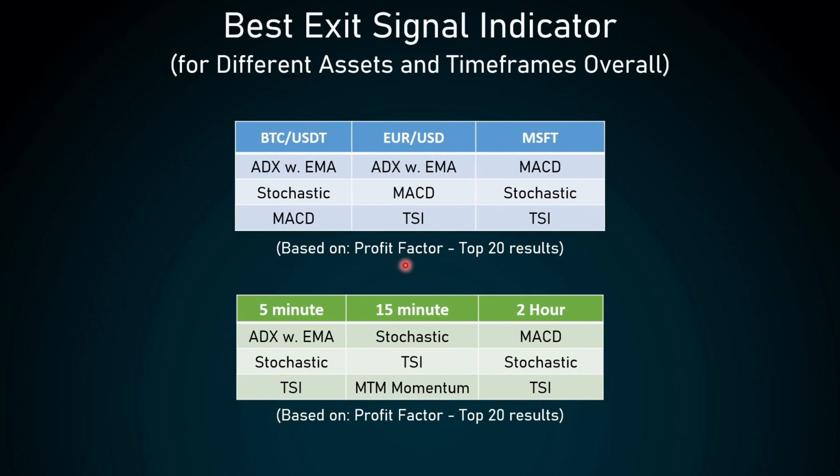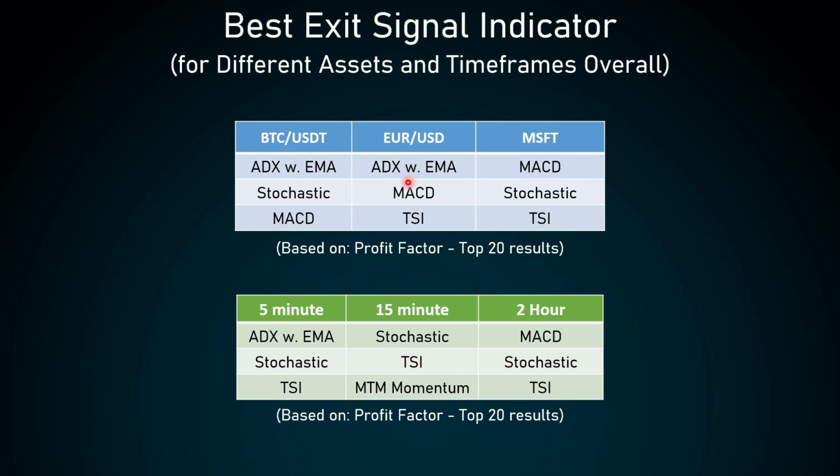The previous chart was for only the top 3 results. But here you can see a different approach where I took into consideration all the top 20 results, and the indicator which appeared the most times gets the first place, which appeared the second most times gets the second place, and which appeared the third most times gets the third place. This way, on the BTC USDT pair, the ADX is the best, the Stochastic the second best, and the MACD